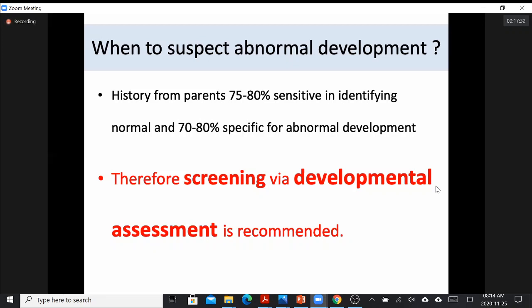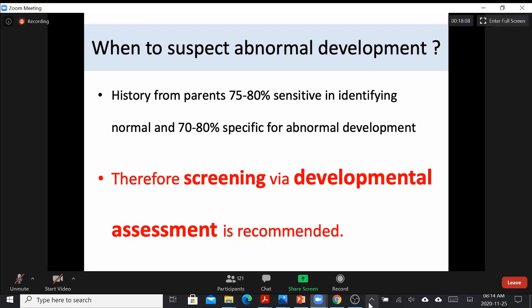It's not 100% cool for the parents to come up with it. This is why we need to screen all babies with developmental assessment. Because if we don't screen, they may present late to us and they may miss valuable time in their life and they will fall behind their peers, which may mean they might have to go to a special school, or they'll be behind in their school. They will not be able to face the public exams, and they may be treated like a retard for the rest of their life. So we have to prevent that, and we have to get these children, even if they have small